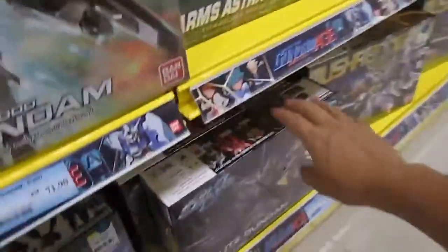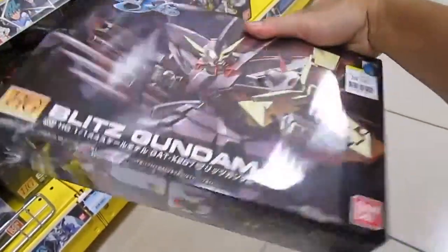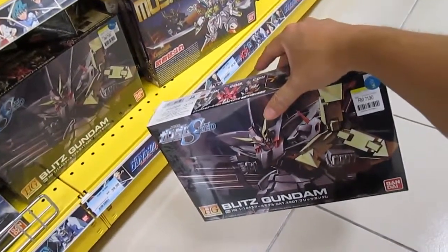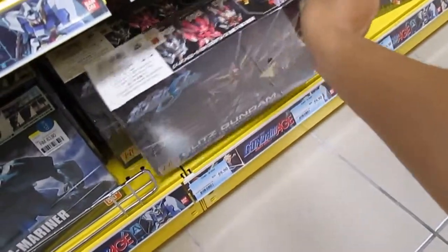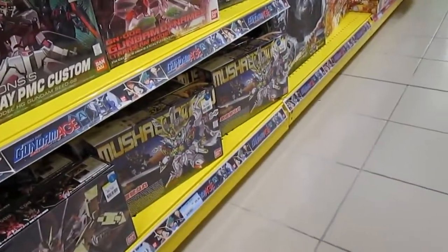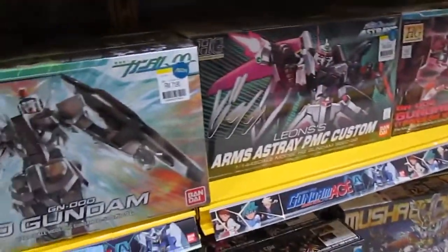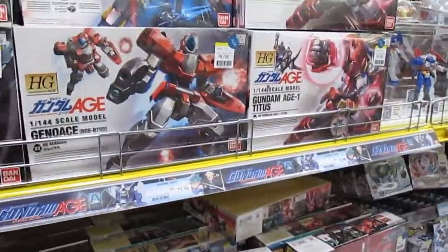Then we have the Blitz Gundam. The Blitz Gundam small version, and thank God they have the master grades now for the Blitz, the Buster, the Aegis, and one more, the Duel. I have the Duel already, the master grade one by TT Hongli, bought around 50 or 60 ringgit, not sure, can't remember. And there's the Super Deformed Gundams, and I think that's about it. There's nothing much to see here anymore. I mean, there are not many master grades. So I want to conclude my visit to this